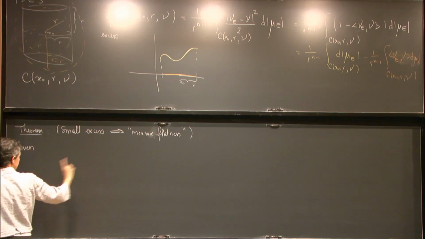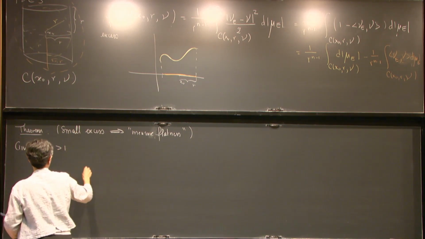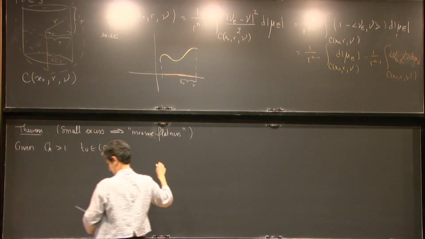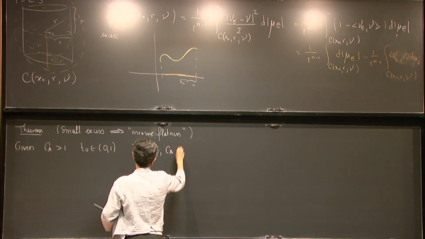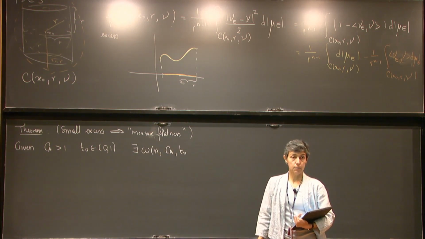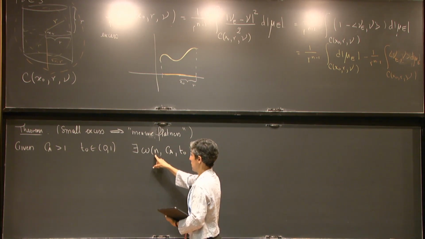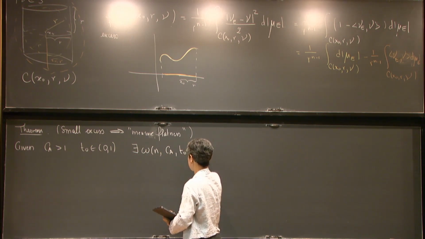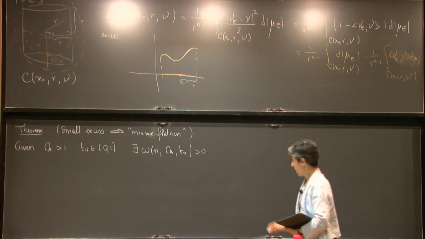Remember, even if this is complicated, I'm going to draw my first picture there. Given a constant CA bigger than 1, and T0 a number between 0 and 1, there exists a number. Because of this, the type of analysis required is to know what my numbers depend on, otherwise I might end up chasing my tail and proving nothing. So there's a number that depends on the dimension, the alpha constant, and this mysterious number T0 that I chose, but this number is small, such that